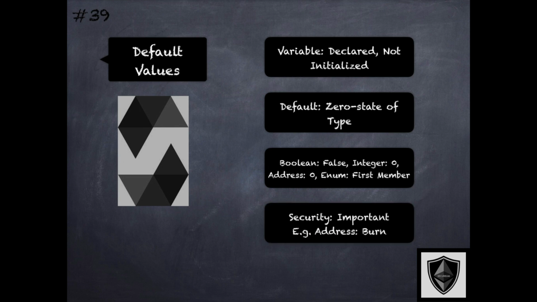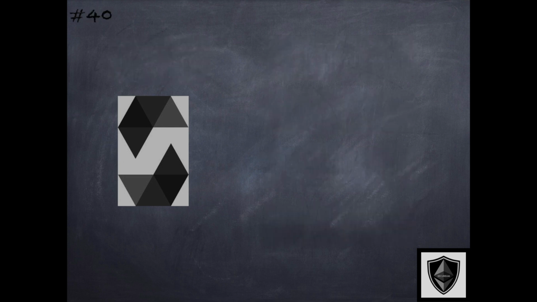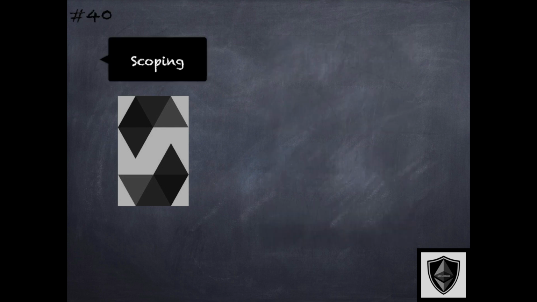And from a security perspective, this becomes important because variables that are declared and not initialized end up with these default values. In some cases, such as an address type, the 0 address, which is a default value, has a special meaning in Ethereum, and that affects some of the security properties within the contract depending on how those address variables are used. Let's now talk about scoping,